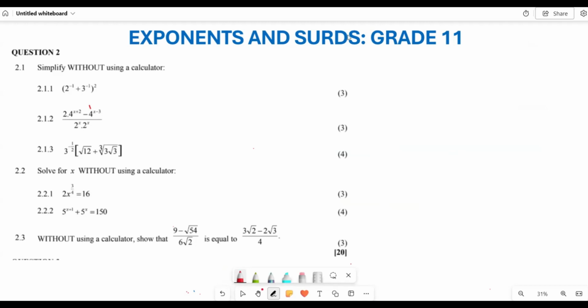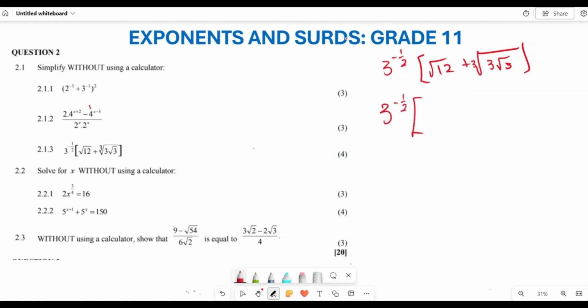This is the same as 3 to the power of negative 1 over 2 into bracket. This is the same as the root of 12 plus the cube root of 3 into root of 3. Now what I can do from here, I want to start here. I want to get rid of the root first. So this is 3 to the power of negative 1 over 2